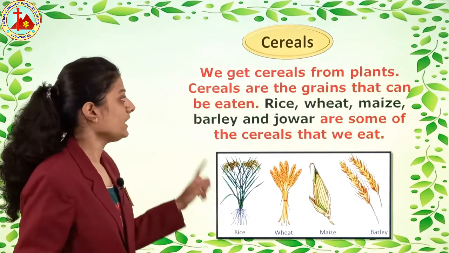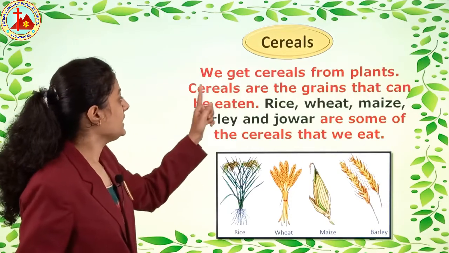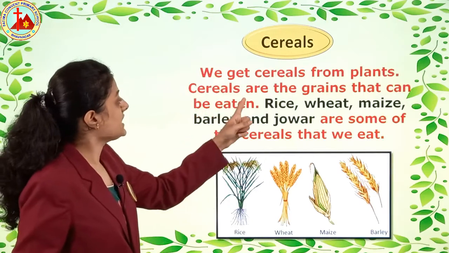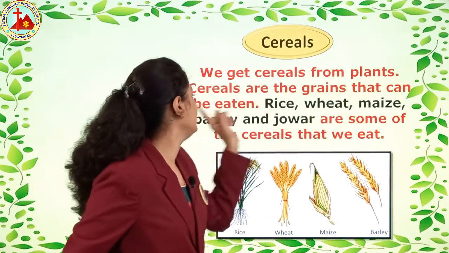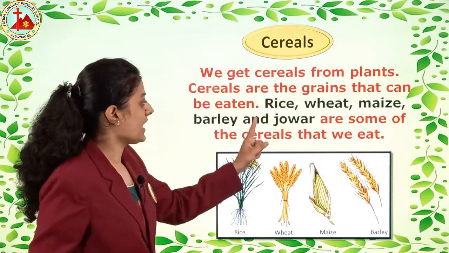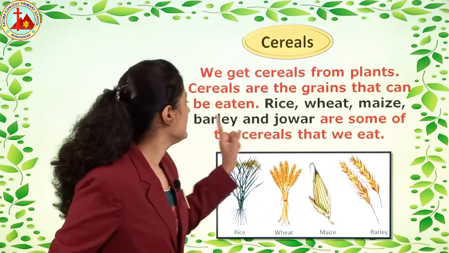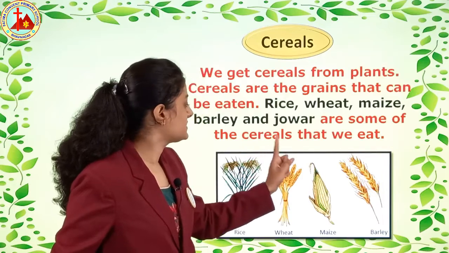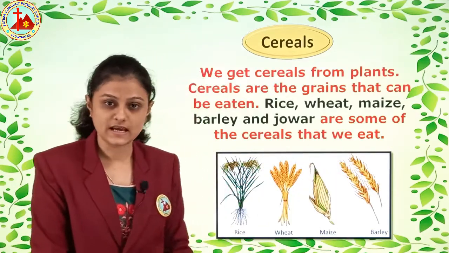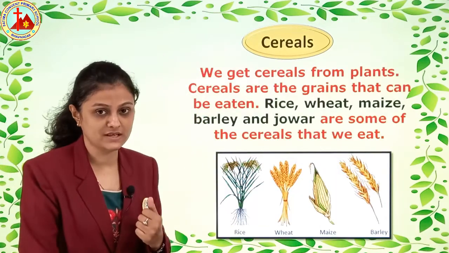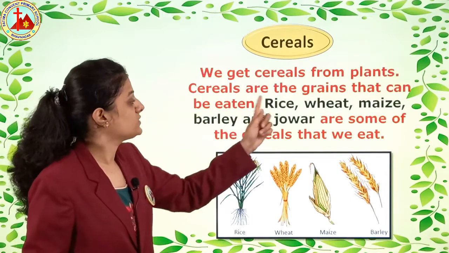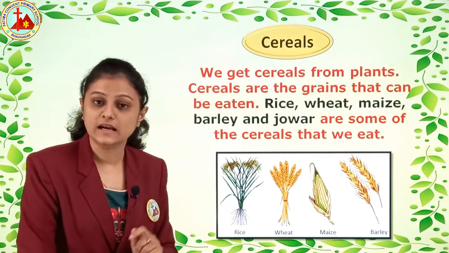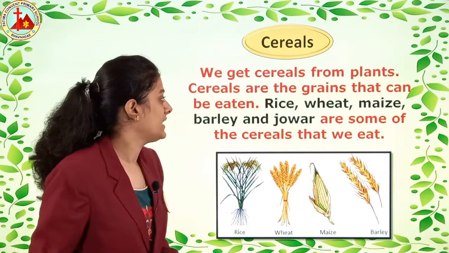Okay, come on, let's read. We get cereals from plants. Cereals are the grains that can be eaten. Rice, wheat, maize, barley and jowar are some of the cereals that we eat. Yes, here are a few examples given. Rice, wheat, maize, barley and jowar. These are grains. Okay. Next we will see